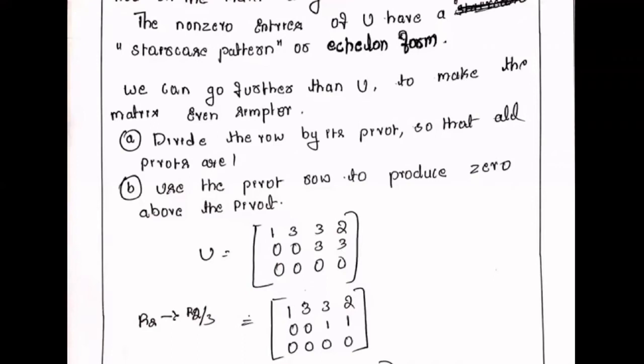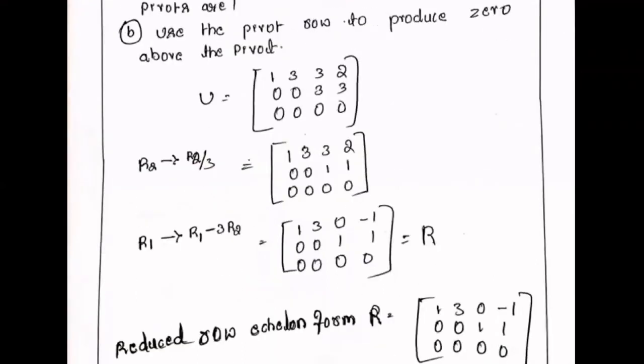That means first we'll see the actual example U that we got. What is the first thing they are telling? You have to make all the pivots equal to 1. This pivot is 1 already. The second pivot is this. You have to make it 1. How do you make it 1? You divide the second row by 3. So I'm making R2 equal to R2 by 3. That means all the row elements will be divided by 3. So 0, 0, 3, 3 becomes 0, 0, 1, 1. Okay, you got this. Then the third row elements and the first row elements are as they are; changes happen only for the second row.